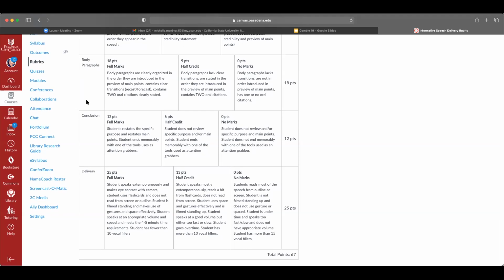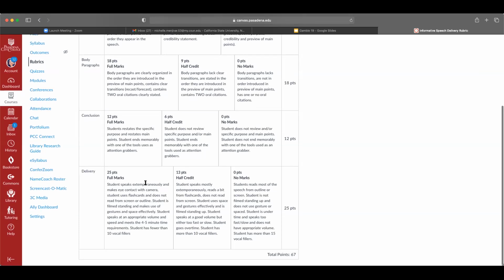The next thing that we're going to be looking at is the conclusion. Make sure that you review your specific purpose, review the points that you discuss, and that you end with a statement that leaves a lasting impression. Again, any of the statements that you can use as a closing statement are the same ones that you use as an attention grabber. So if you're using a quote for an attention grabber, you can use a question for the closing statement. Again, I highly encourage you to look back at the lecture on outlining if you have any questions in regards to that.